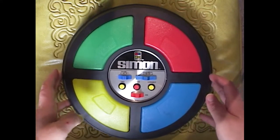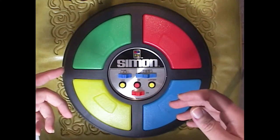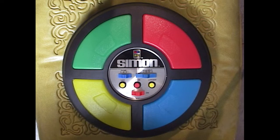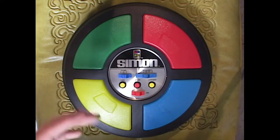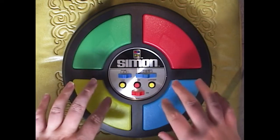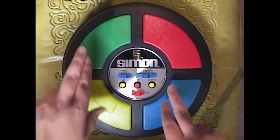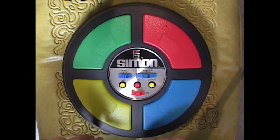No friends here anyway. But with game 3, let's say you have 4 players, each person is assigned a certain button, and so you're all working together to repeat the sequence. And it's really cool because if someone flubs up, they are removed from the game, and Simon starts over. It continues the game with a new sequence that only uses the 3 other lenses, not the person that lost. So if I pretend to be 4 people here,